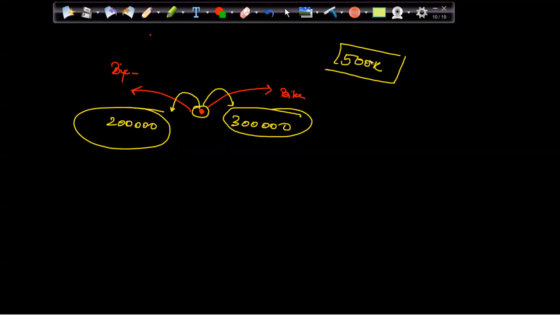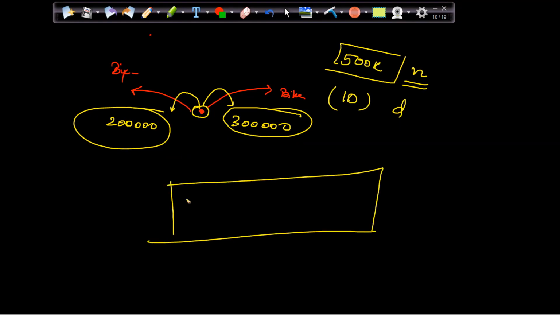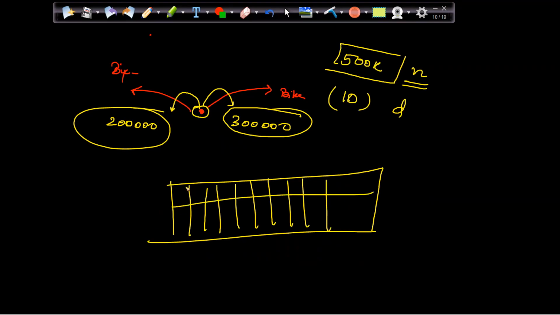And here, this is my number of records, let's say N. And let's say I have 10 columns, so my D is nothing but 10. So there are 10 columns, 1, 2, 3, 4, 5, 6, 7, 8, 9, 10, and I have 500K records. This is my train data basically, because my train data should be more. When the train data is good, then obviously the model will be good, right? Because I'm learning from more data.